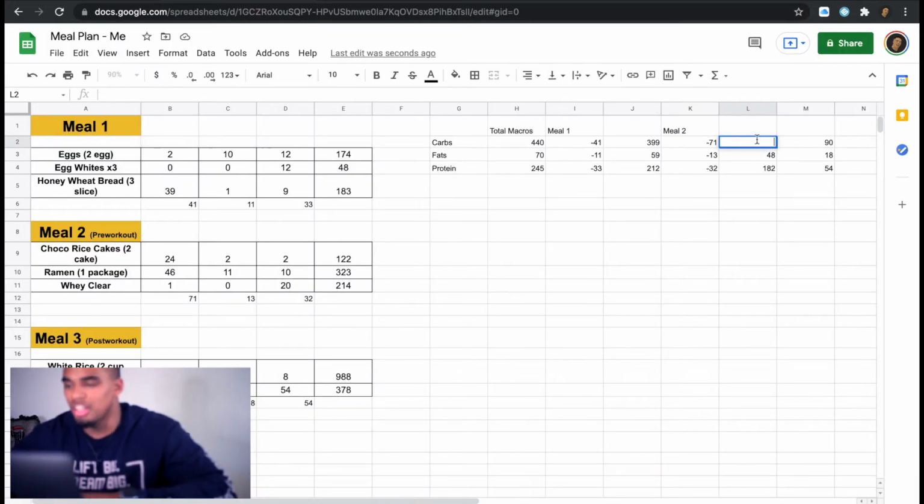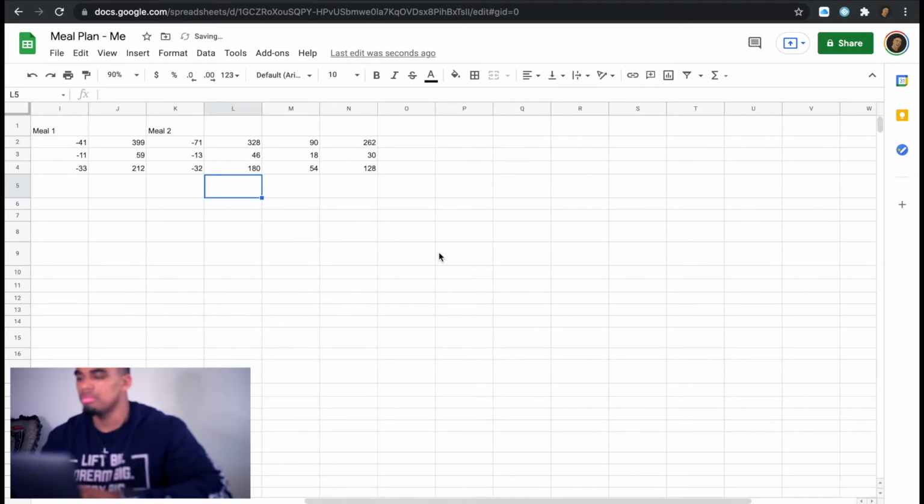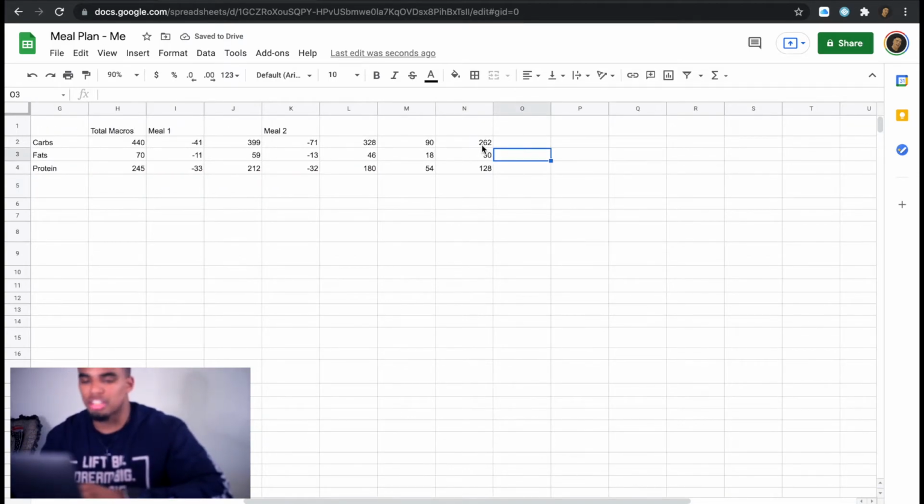So you get 328. Let's go protein. So you just go 46, and then 2 more grams of protein, 2 more grams of fat is 180. Boom. So now when you subtract off of these numbers, now you'll have a new total for